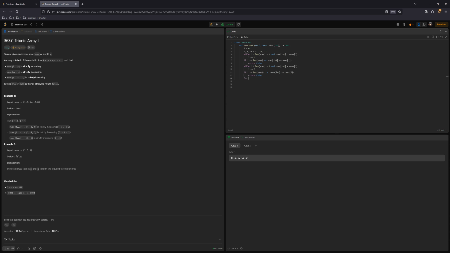And then from here, we can just say for i in range i plus 1 to length nums. It has to be increasing again. So if nums of i is less than nums of i minus 1, then return false. Okay. And the pivot point has to be